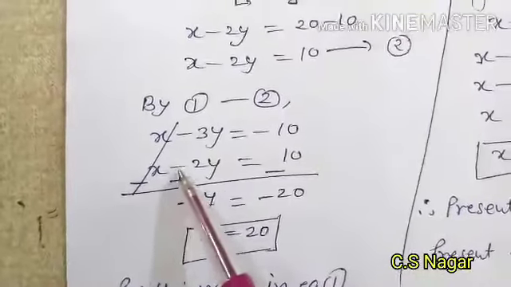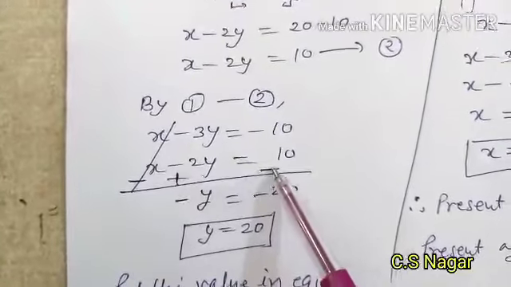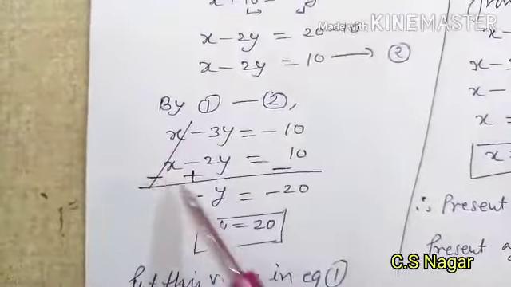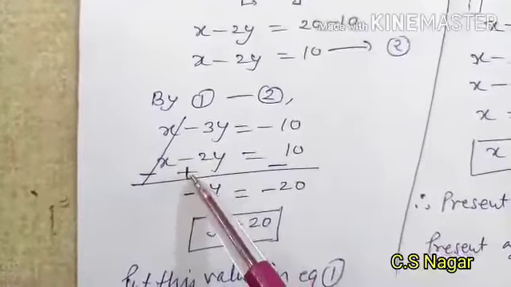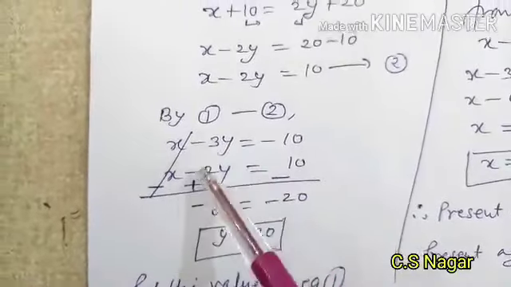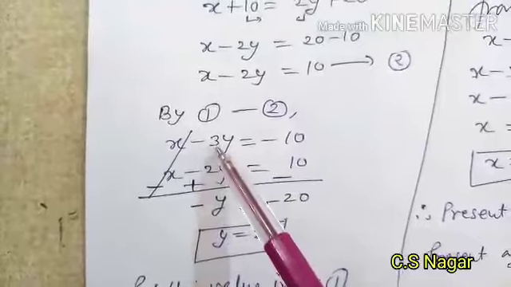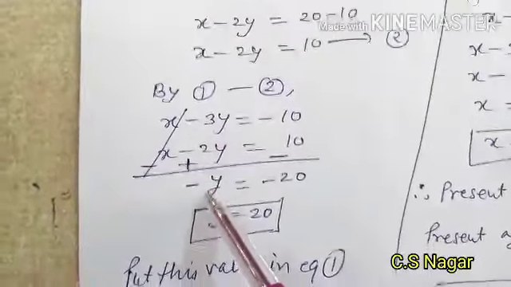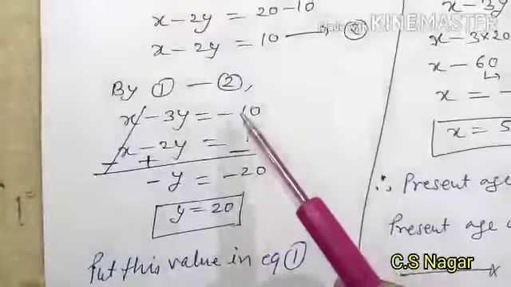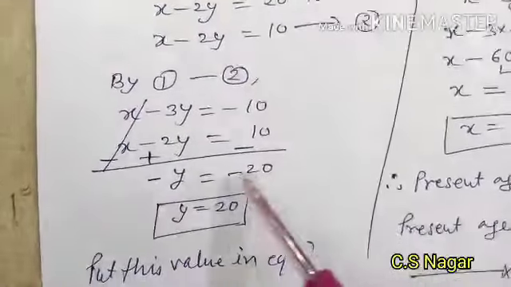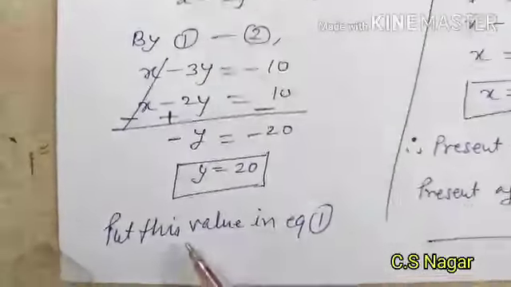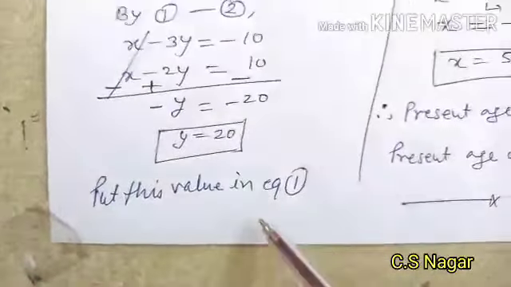Now on subtracting, change the sign of the second equation. This is minus, so it will be plus, and this is minus. So plus x and minus x cancel out. Now this is plus 2y and this is minus 3y, so their difference is only minus 1, and the minus 3 is the bigger number, so it will be only minus 1y. Now minus 10 and minus 10, which is minus 20, the minus signs cancel out, so y is equal to 20.